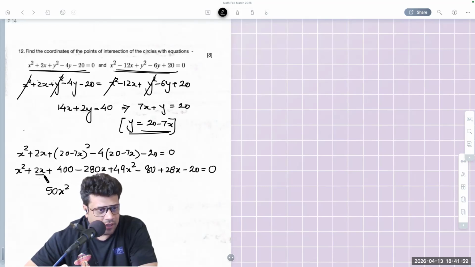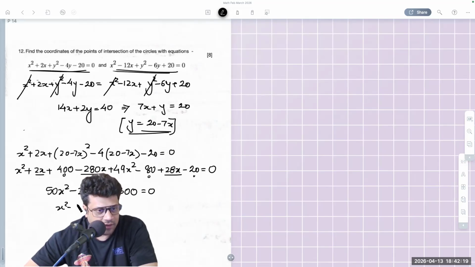And we are going to have to club this and this together. That's 2830, and that's negative 250x, and 400, that's 320, and 320 minus 20, that's 300, equals